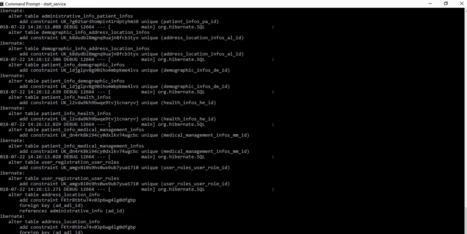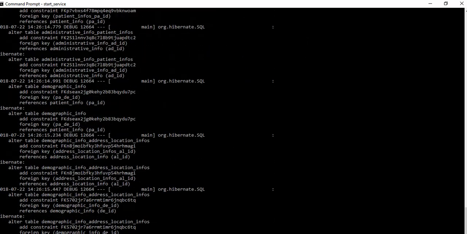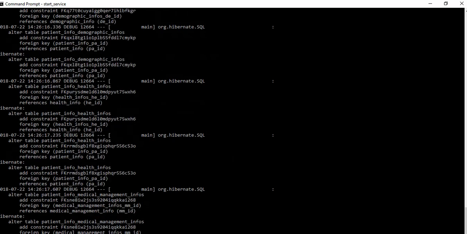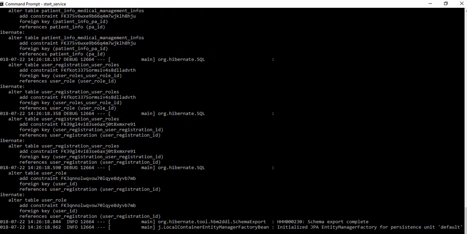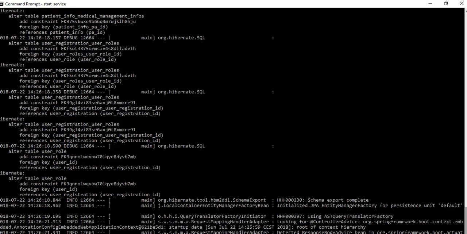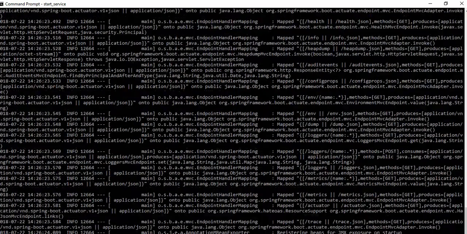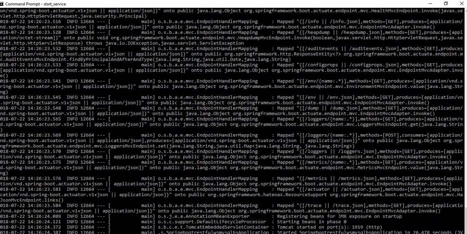Let's build all the respective databases and the relationships. So now the application is started in the production environment with port number 1919. So now we need something to test. For testing our API with the development environment and the production environment,